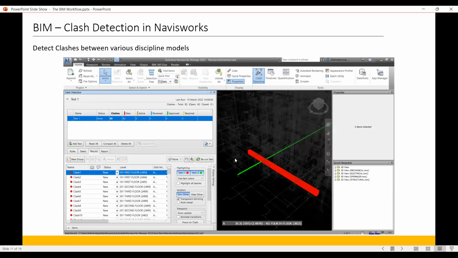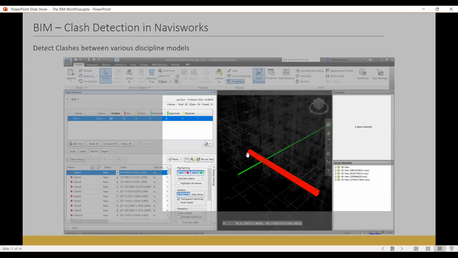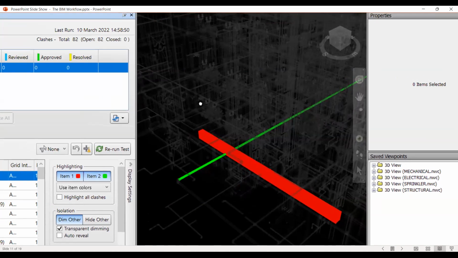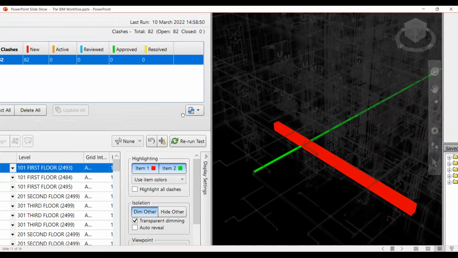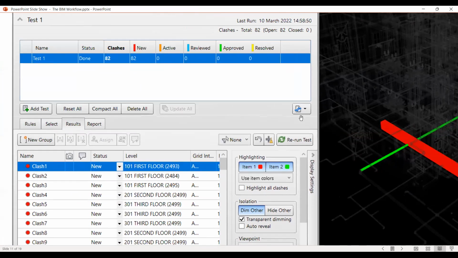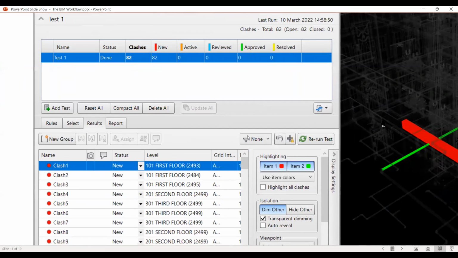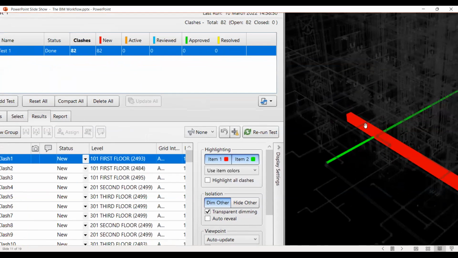So this is a screenshot of the Navisworks clash detection. If I just zoom in over here, these are the clashes between two models. I've selected two models. One was the structure model. The other one is the piping model of the